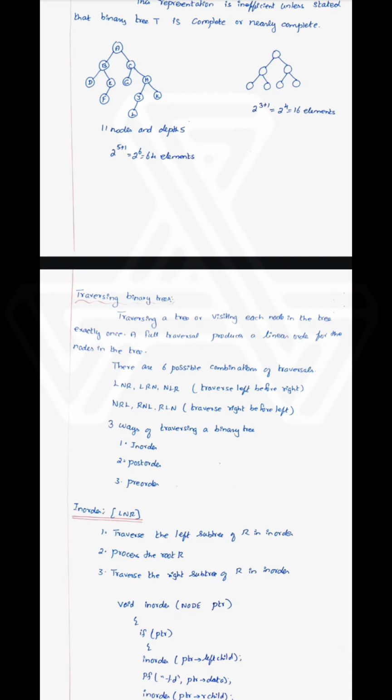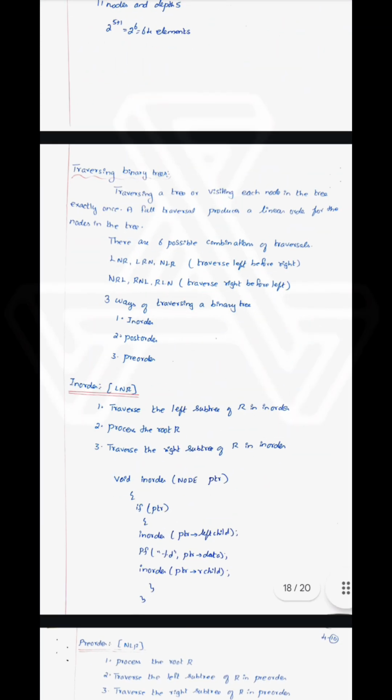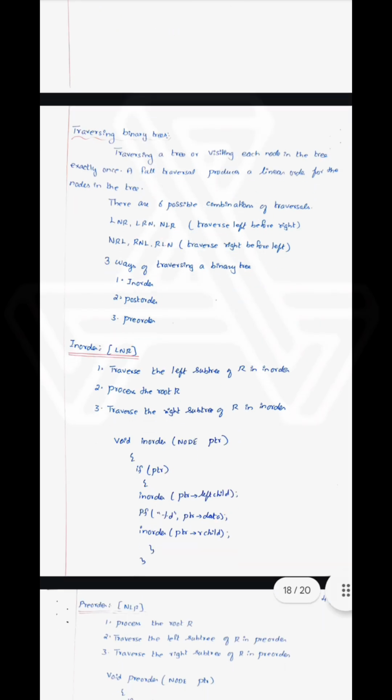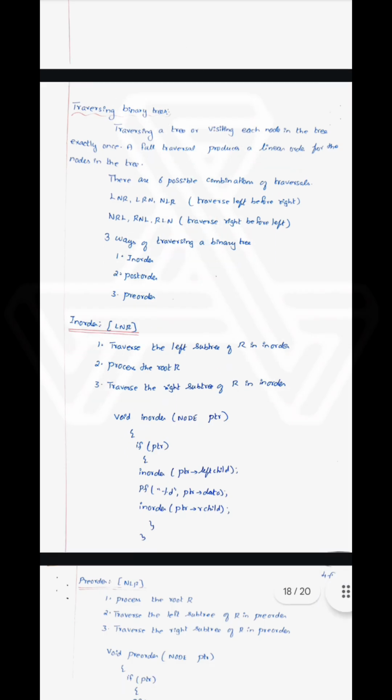Traverse left before right, that will be left node right, node left right. And right before left will be node right left. There are 3 ways of traversing a binary tree, that is Inorder, Postorder and Preorder. Inorder traversal: traverse the left subtree of the root R in Inorder, process the root R, traverse the right subtree of